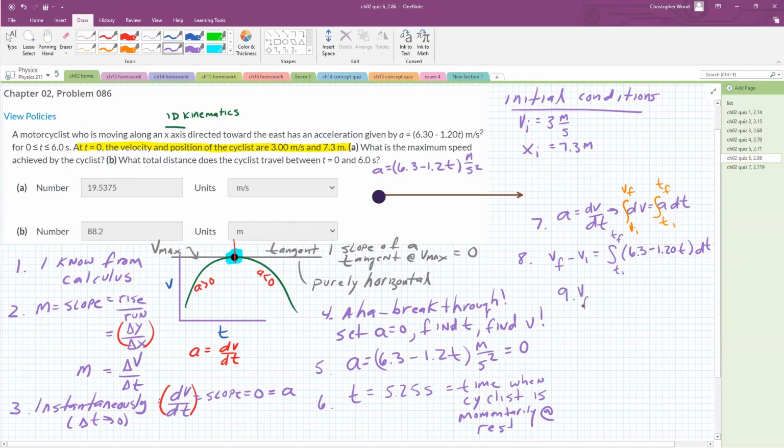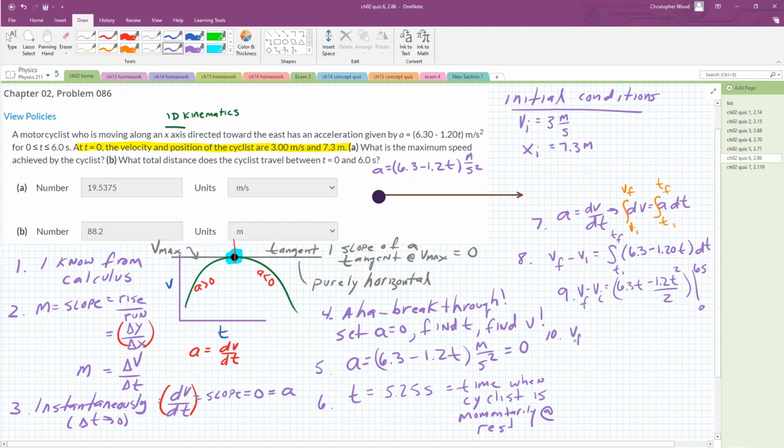So V final minus V initial equals, I need to integrate that expression. So I have 6.3 t minus 1.2 t squared over 2. And again, I'm evaluating from 0 seconds to 6 seconds. Let's keep going. Number 10, I'm running out of room. Number 10,